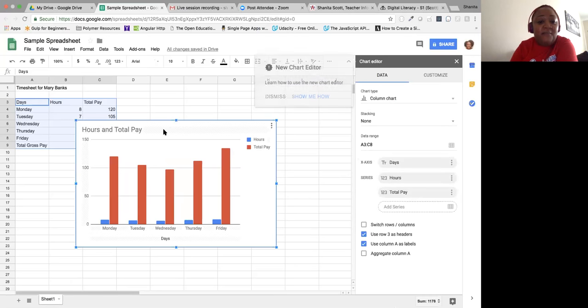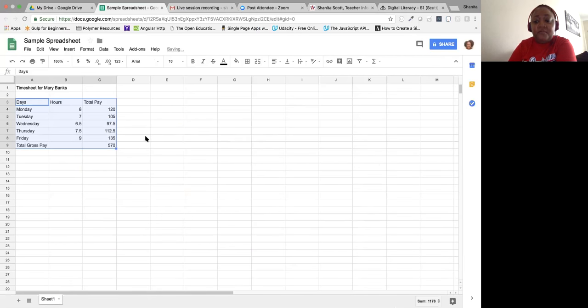Okay, so let me backtrack a little bit. Okay, so what I did is I kind of typed in this information. I'm going to actually backtrack. I'll take this out and go back. So I made this little sample timesheet here, and I was just showing how Excel can actually do mathematical functions for you. So we've got Mary Banks here. I just made up that she makes $15 an hour, and I wanted to compute how much she made for